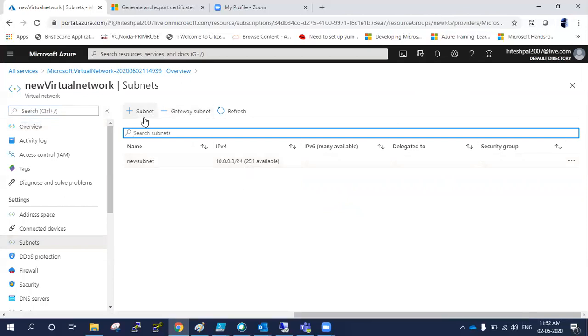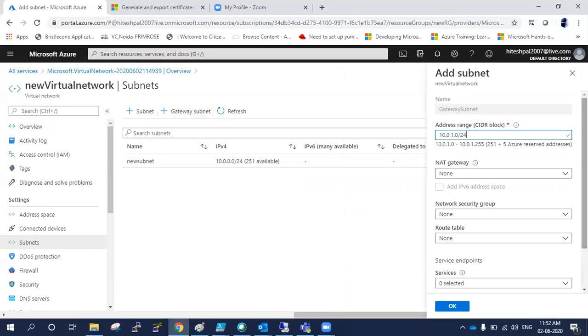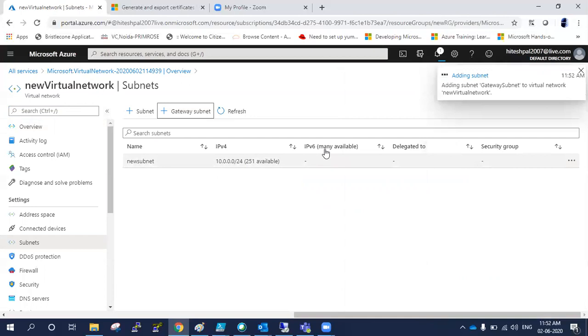I can create one more subnet here. You can create multiple subnets here. So I need to go in here to create the gateway subnet. Click OK. That is created successfully.